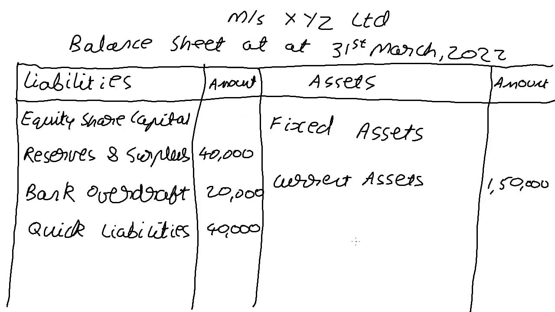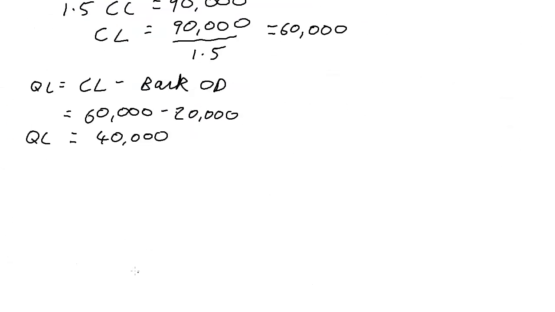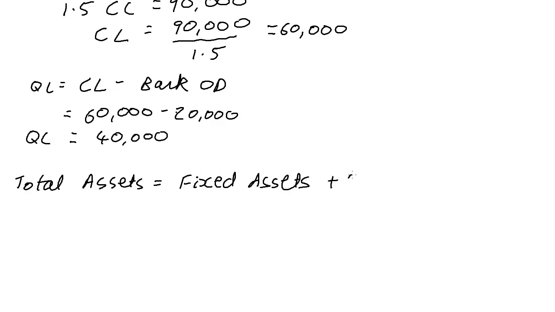But I know that total assets is going to be equal to fixed assets plus current assets. Okay, and I'm going to write that down once for your reference. Total assets is equal to fixed assets plus current assets plus investment